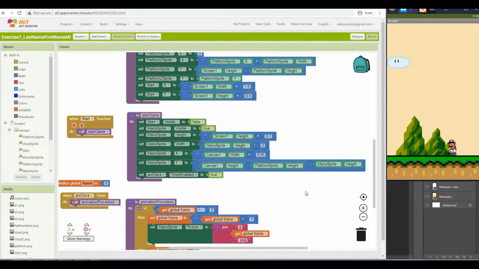If you want to make an animation like this, a moving animation, you can search on Google, for example, Super Mario sprite, and you will see a bunch of Super Mario sprites that you can work with. Okay, so to continue,